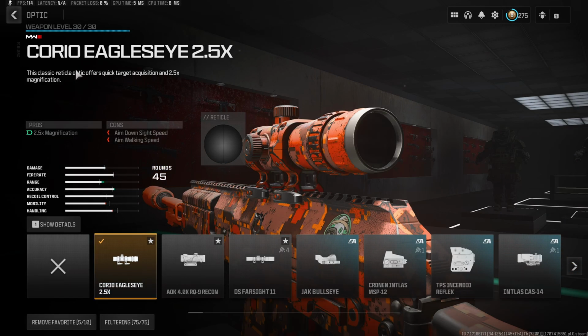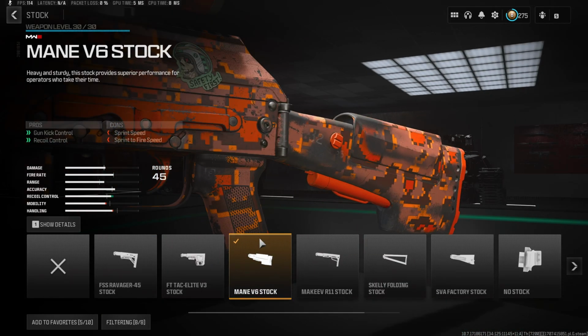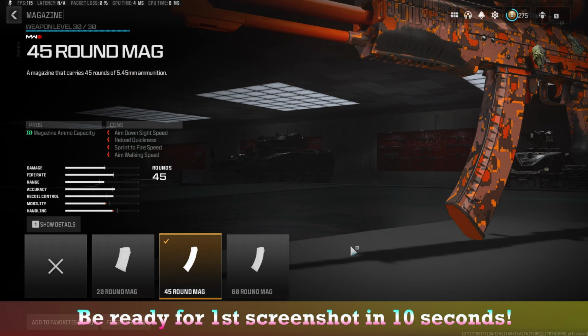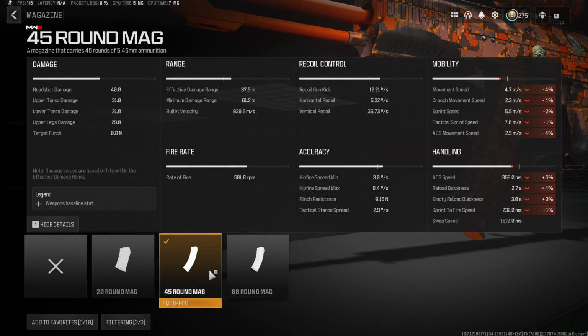Whichever sight you prefer, I like the Corio Eagle's Eye 2.5, really clean sight. Onto the stock, I've gone for the main V6 stock, really helping with that recoil gun kick. So when you're trying to get those long range beams, the sight isn't bouncing all over the place, it's just keeping nice and accurate, and you're just managing that recoil rather than struggling to see your target. And then finally, just a 45 round mag. You can go for the 60, but I find the 45 is good enough without a significant penalty for the